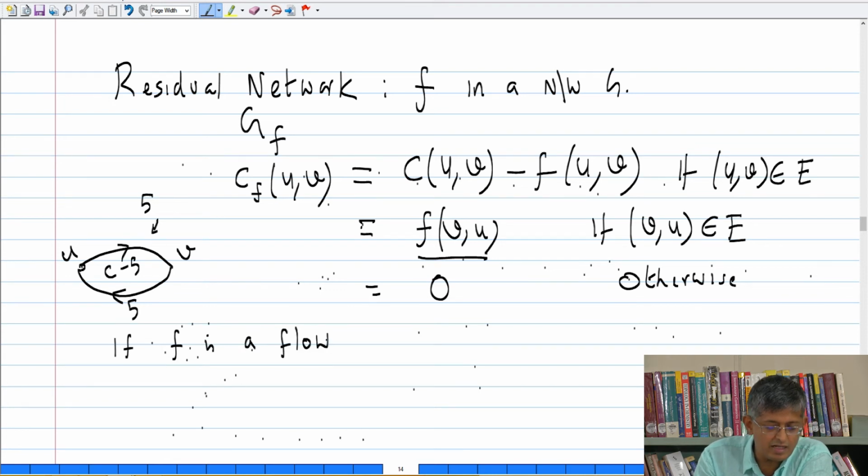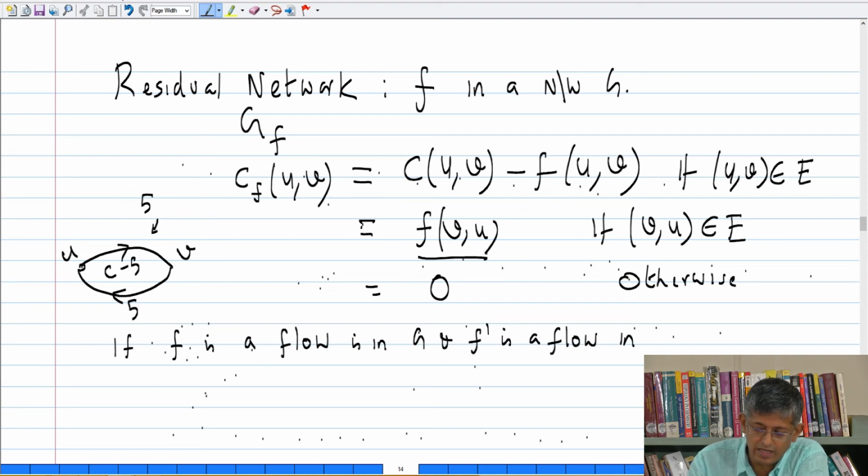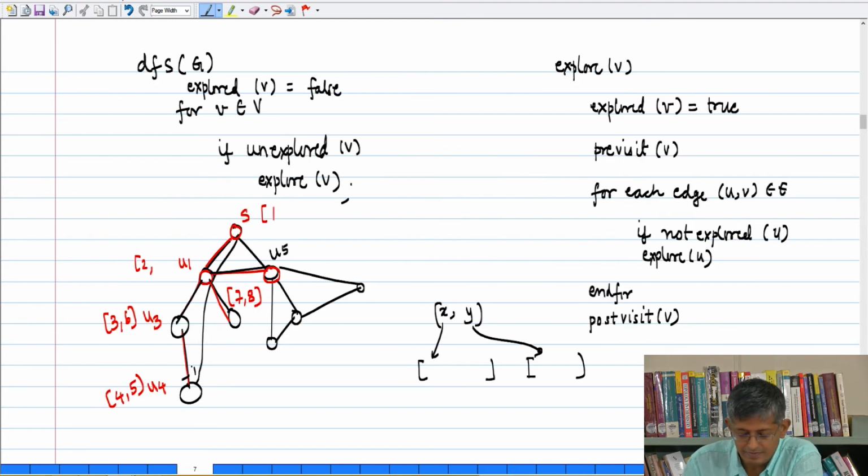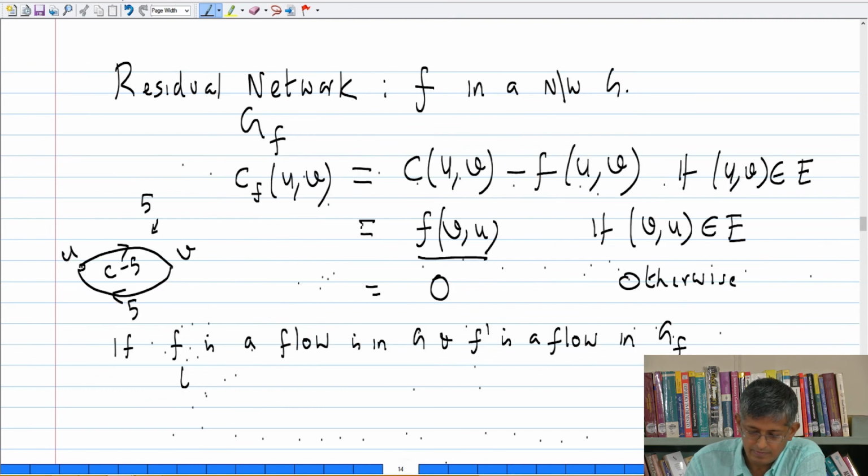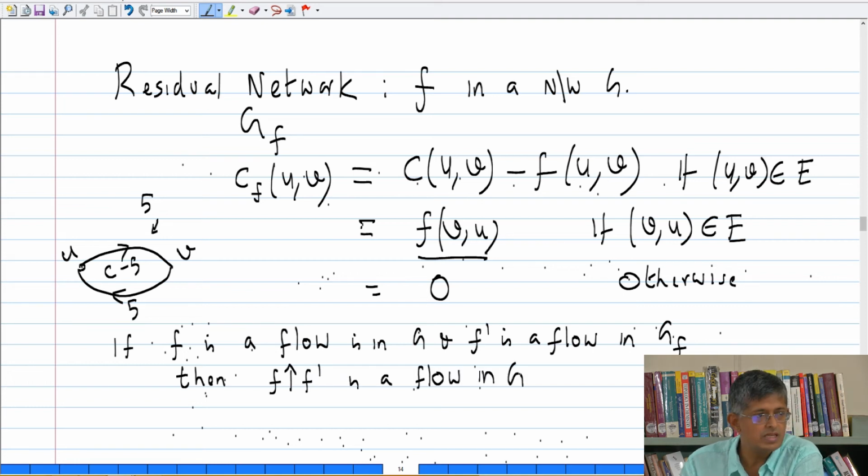I'll come to this proof a little later, but I'll convince you of this, move ahead and prove a sequence of properties, and we'll come back to this. If F is a flow in G and F prime is a flow in GF, then F augmented by F prime is a flow in G